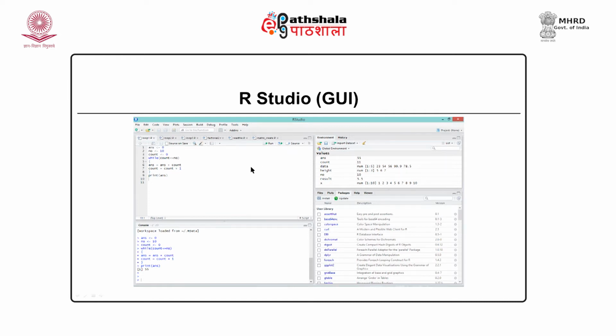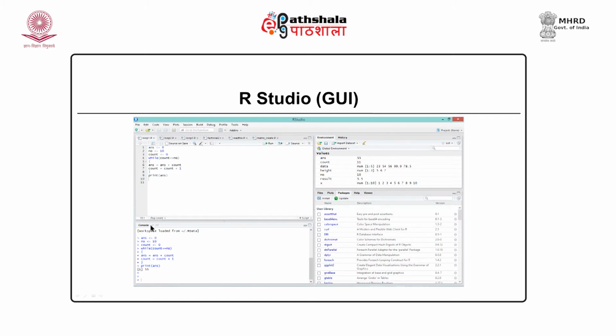Now, when I keep my cursor over here, and if I say run, my program will start executing. Each statement will be executed. So, this is an interpreted programming language. By clicking on run, the output can be observed in this bottom screen.